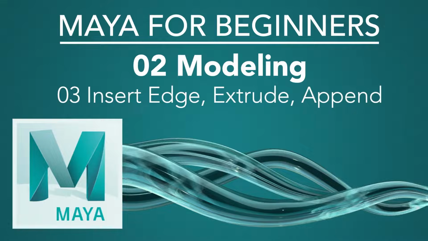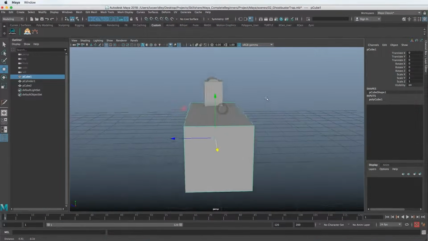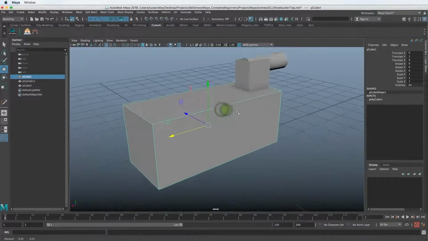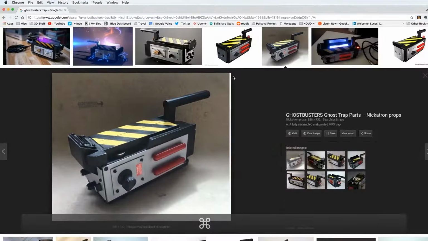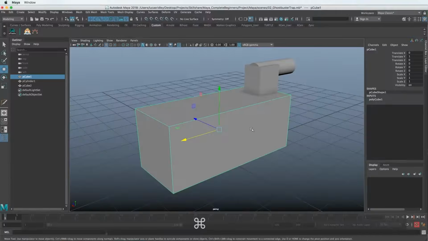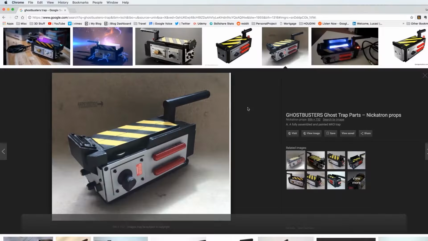Welcome to this lesson where we will continue making the Ghostbuster trap and learn a lot of new tools. So now that we have the basic shape done, let's choose a view and a piece of reference to try to add more detail in. So let's go back to our reference and look at a view like this. I like to move my viewport to get a closer view of what the reference view is like. So it's kind of a 3/4 angle like this.